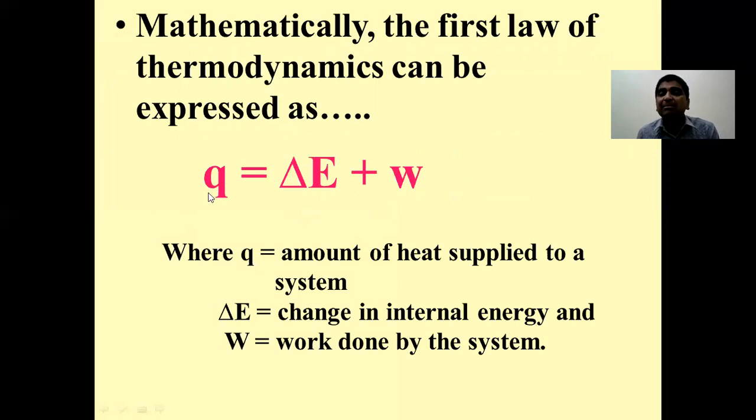Or simply remember this statement, that is Q is equal to delta E plus W, that is amount of heat supplied is equal to delta E plus W, that is heat supplied to a system is used for change in internal energy and to do some kind of work. Now when we say that work is done,